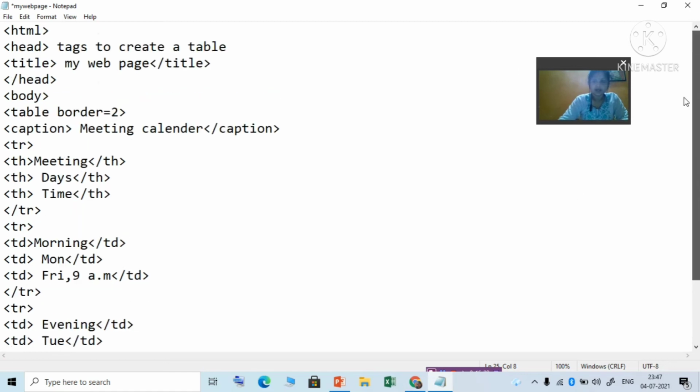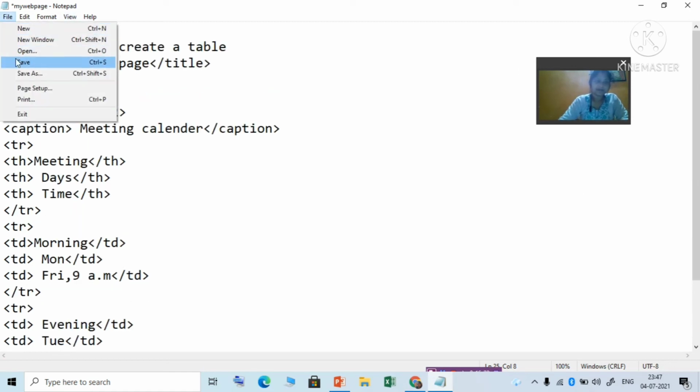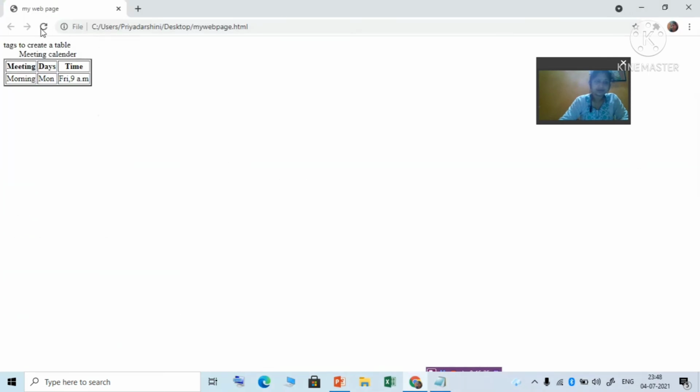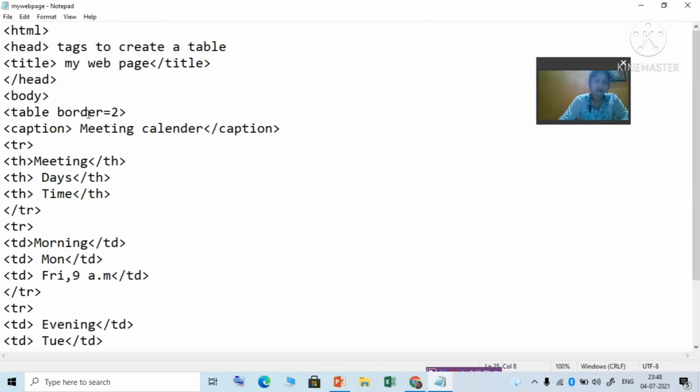Clear? So now see what happened. So this is the table. This is your caption heading. It is looking very small. If you want to increase the size, you come here to table border. Here you write height. You can increase it, you can give any value.